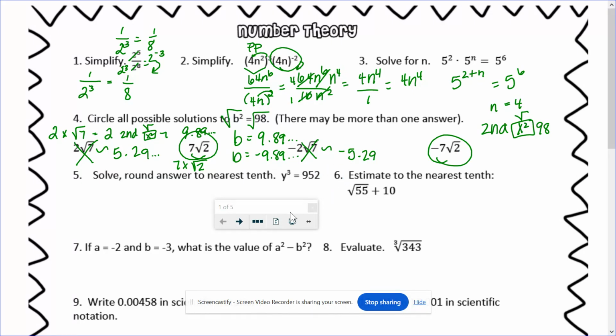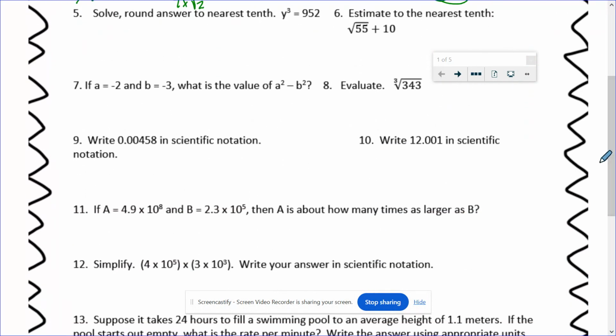Number 5, when you're trying to find the value of y, and y is raised to the third power, to undo that, we need to do the cubed root. So instead of taking the square root, I'm taking the cubed root, because the cubed root will undo y to the third. So when I enter that into my calculator, I get about